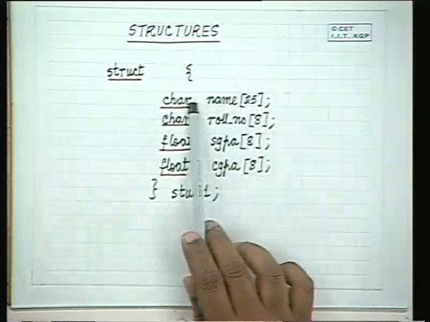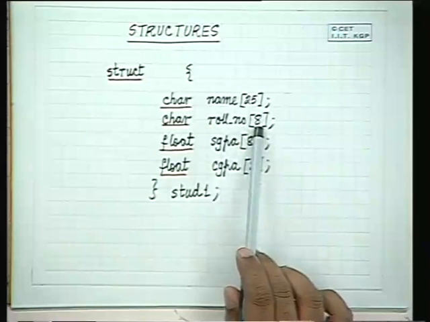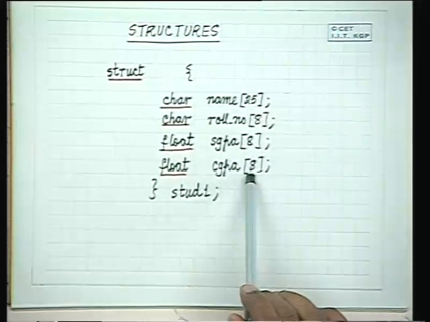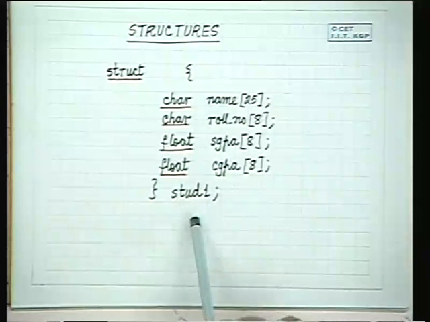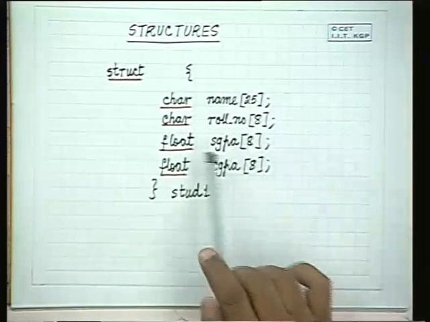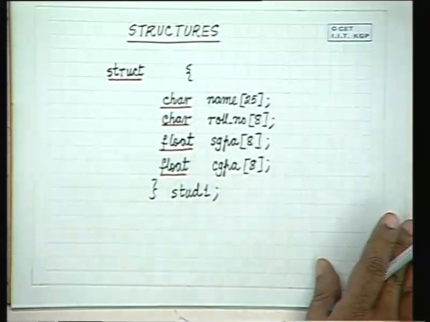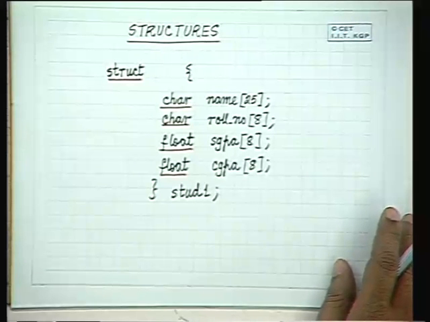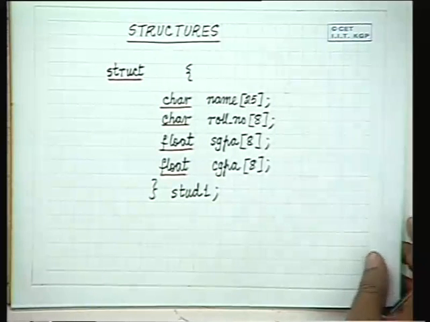The area corresponding to 25 characters plus 8 characters plus 8 plus 8, 16 floating point numbers will be allocated to this student record. Other than pure variable structure declarations, you can also define structural types and define structures based on these types, which we also saw.